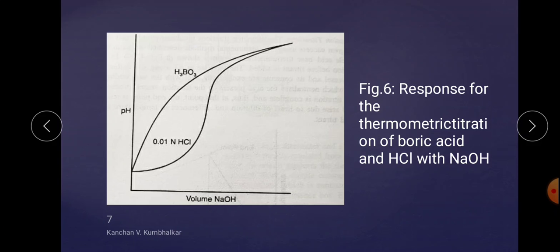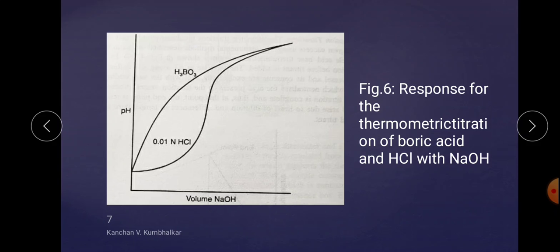By using a delivery pump it may be used to advantage. It is provided that the volume delivered per unit time is accurate and reproducible, and it is possible to record the temperature of the mixture on a strip chart recorder and use this as a means of measuring the volume of titrant added. Means you can accurately add the titrant by considering a constant delivery pump on the basis of constant temperature also.